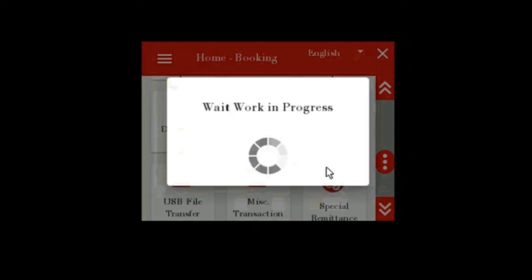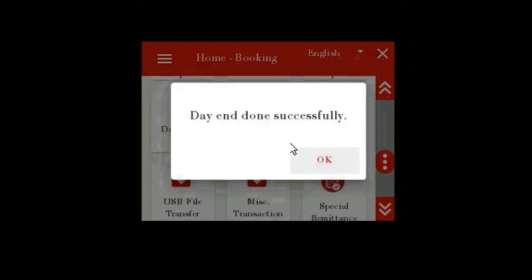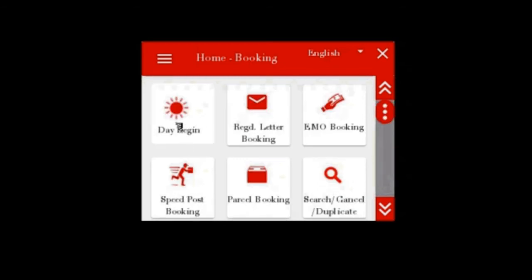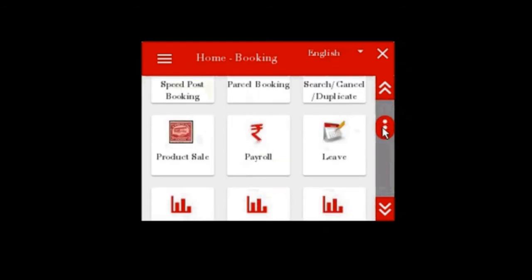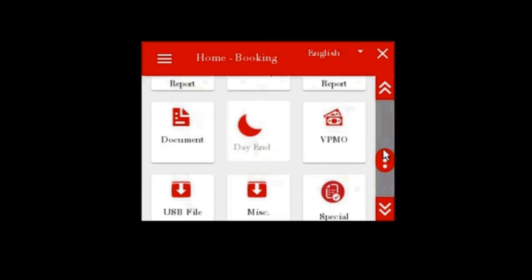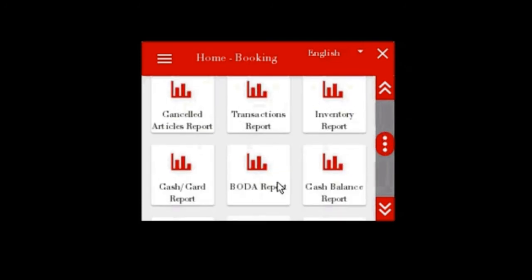Day end done successfully. That means today's work has been done. We have done our day end. Now next work is, see, day begin has become active and day end has become inactive. Previously day end was active, day begin was inactive.